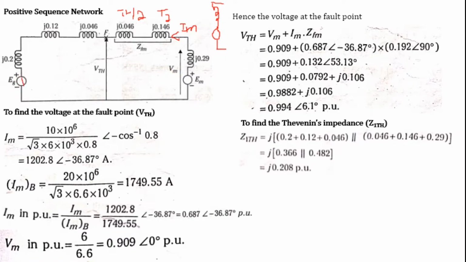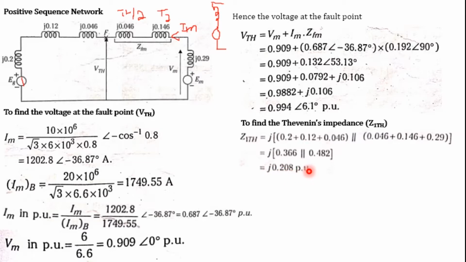Okay, this value is short circuit, and do the realization that we will get. So this 0.2, 0.12 and 0.046 is one side, and 0.046, 0.146 and 0.29 is the other side, and these two networks are connected in parallel. Why? Because the fault will take place in the middle. So by adding up 0.2, 0.12 and 0.046, and 0.046, 0.16 and 0.29, this is the parallel combination, we'll get